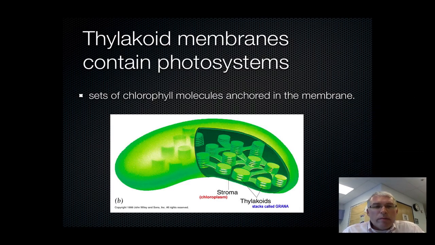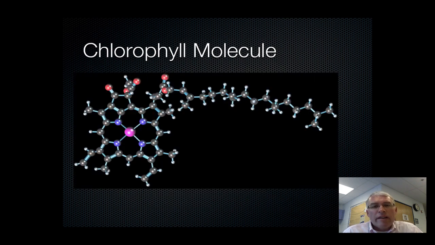Alright, now the thylakoid membrane contains photosystems, and these photosystems are chlorophyll molecules that are anchored in the membrane, and their job is to take low energy electrons and boost them to a higher energy level. The chlorophyll molecule looks kind of like a steroid molecule. It's got a tail region, and it's got a bigger head kind of area. Now the anchoring tail is what holds the chlorophyll molecule in the membrane, much like a phospholipid tail anchors a